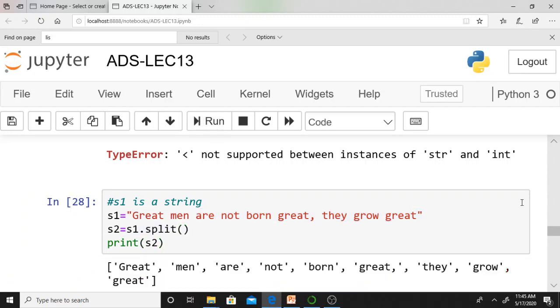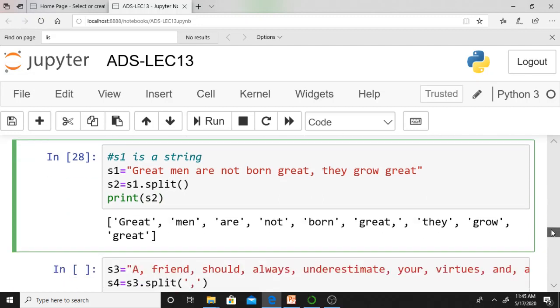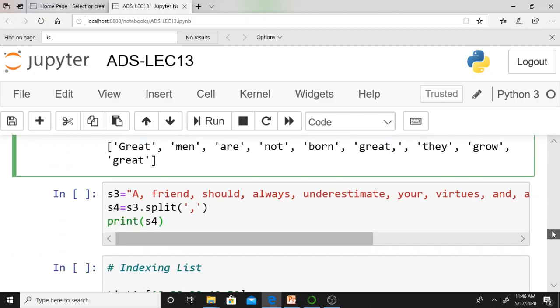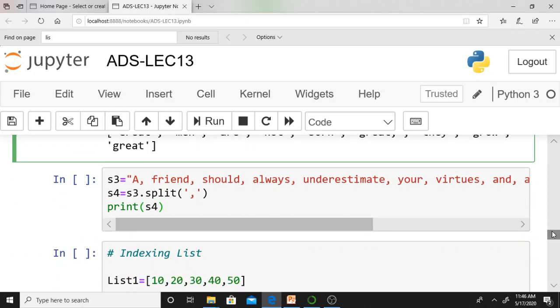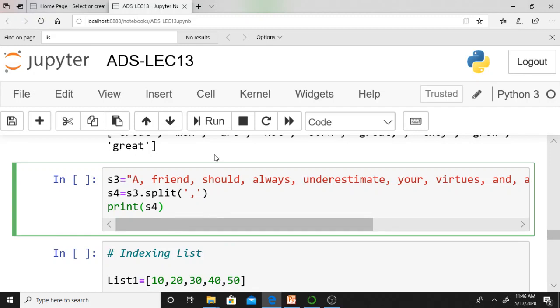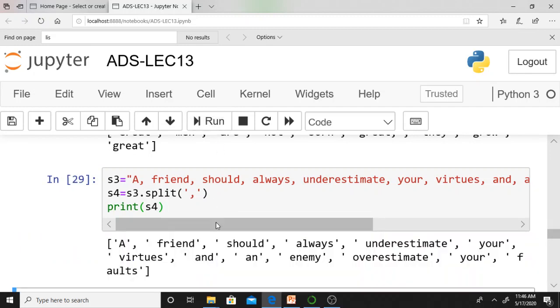Again, this is a famous dialogue from our Godfather movie. I am keeping a few string examples here also. It can be split into words. This I already discussed in the previous class. Anyway, S3 dot split means you can split. How will you split? If you split, what will you get? You are splitting with the comma. Just see, you are providing a comma, therefore they will get split with the comma.